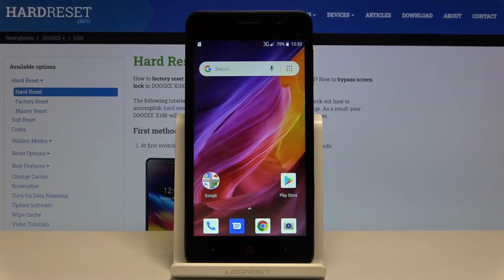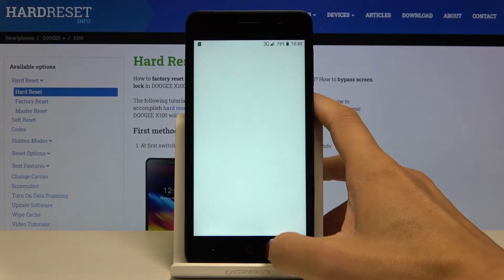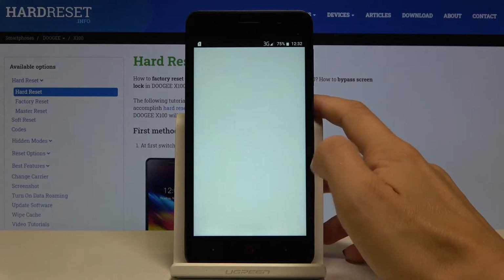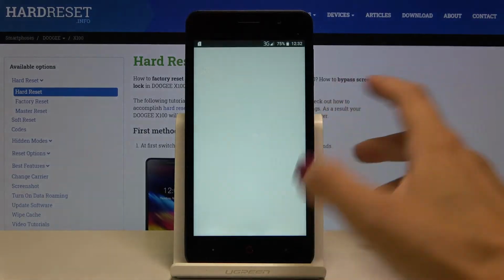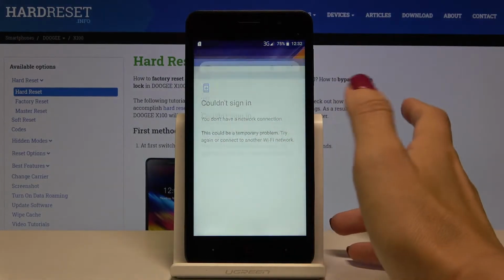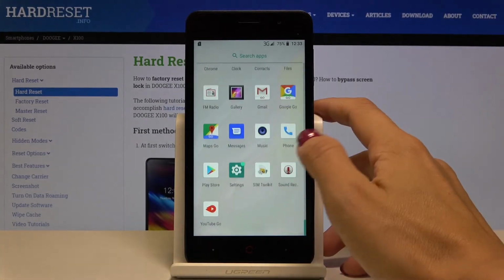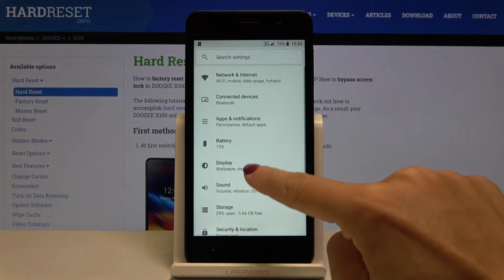In front of me is Doogee X100, and let me show you how to activate or deactivate touch sounds on the following device. So currently, as you can hear, these sounds are muted, so you cannot hear my clicks, but if you'd like to change it, just open list of all apps, go to the settings